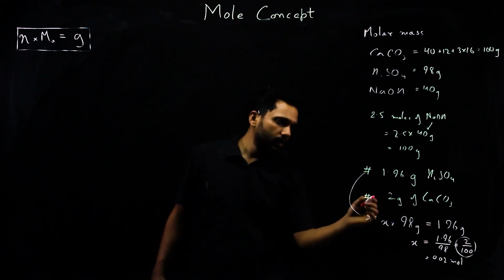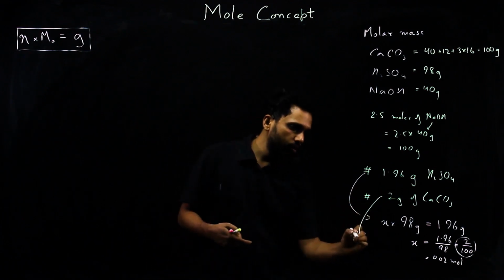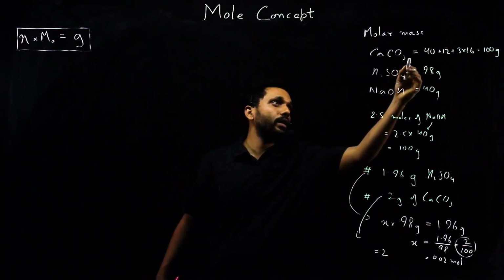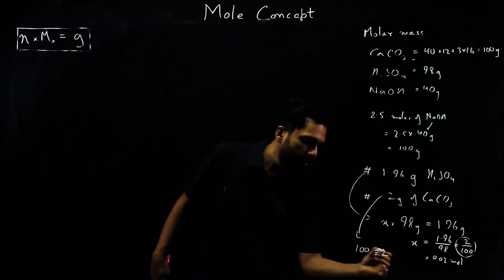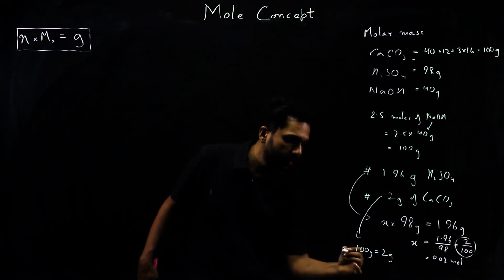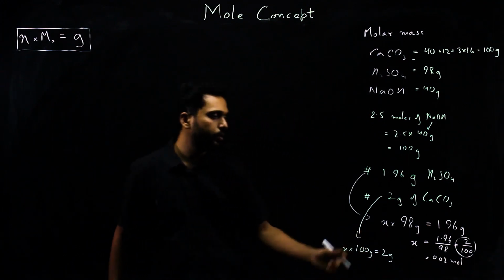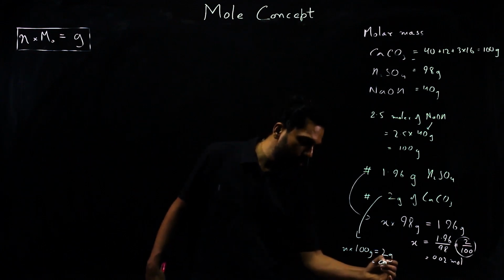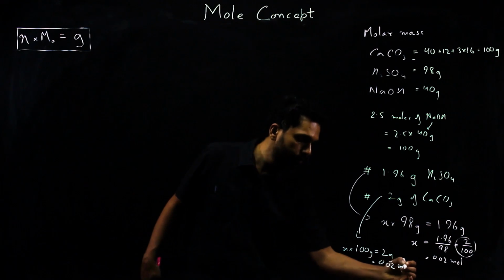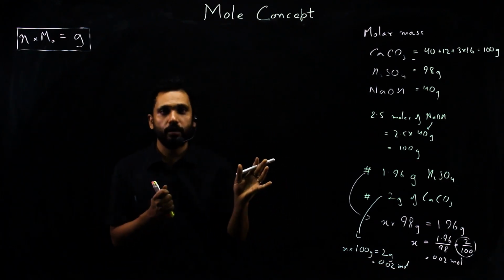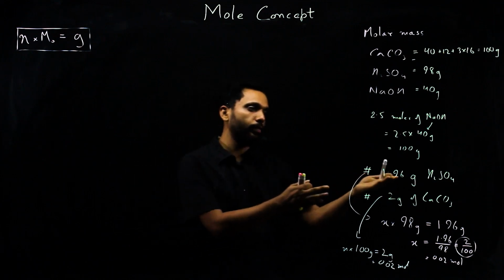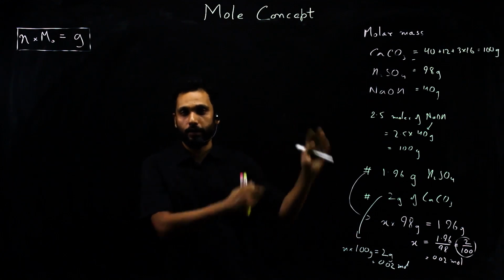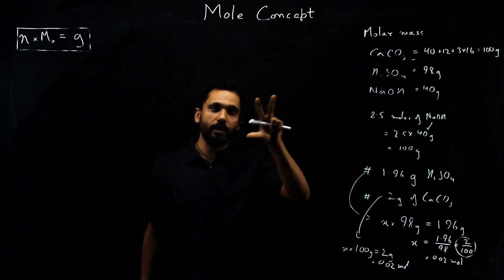We can do that for the other question too. The total weight should come to 2 grams. The molar mass of calcium carbonate you calculated is 100. So say the number of moles is n. n into 100 is 2 grams, so n is 2 by 100, which is again 0.02 moles. So now we know that if we are weighing something, we can calculate how many of them are there. If we weighed 1.96, we know it was 0.02 moles, and we know how much is a mole. It is a collection of so many. So we have changed weighing into counting.